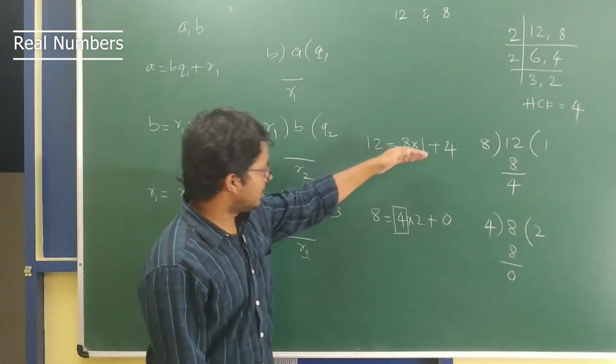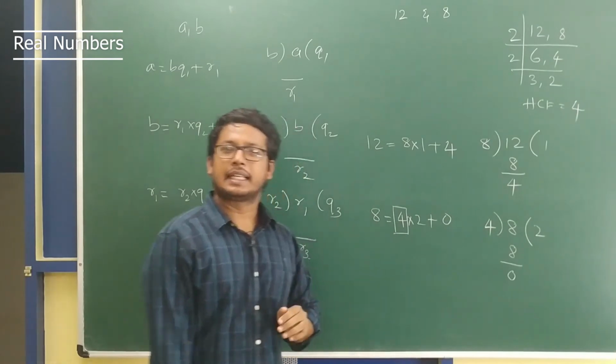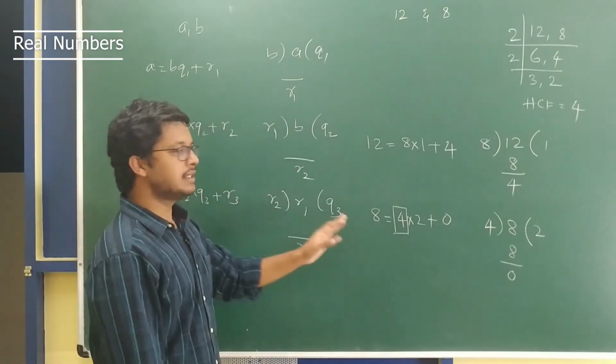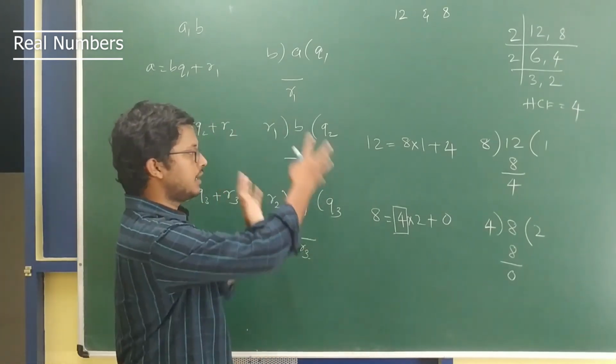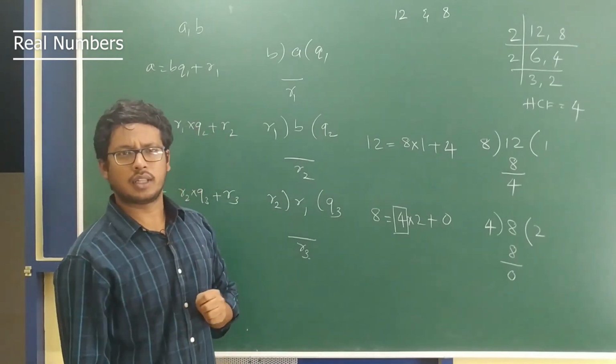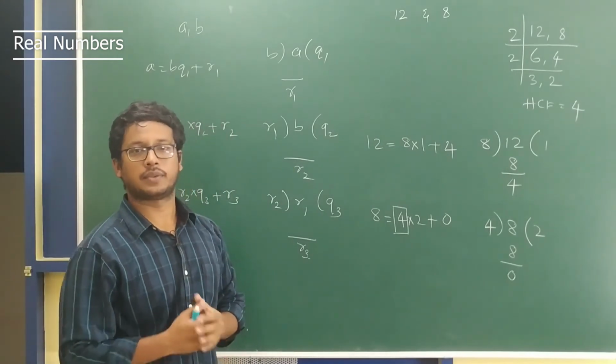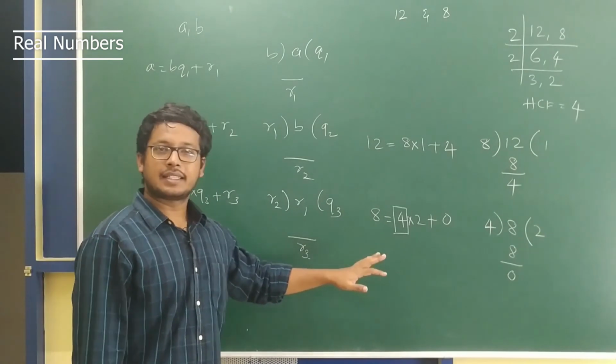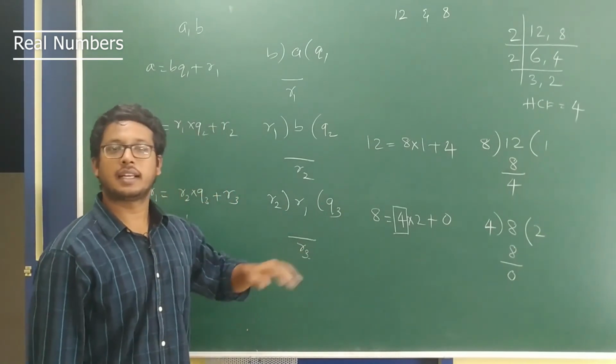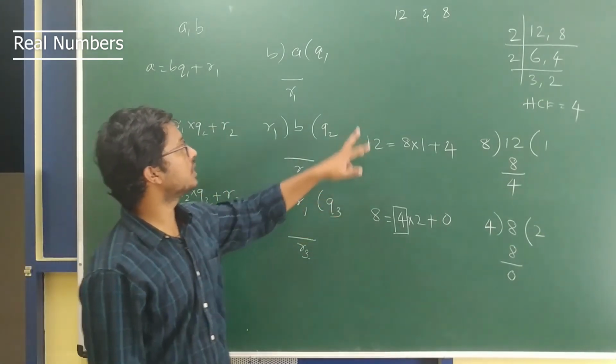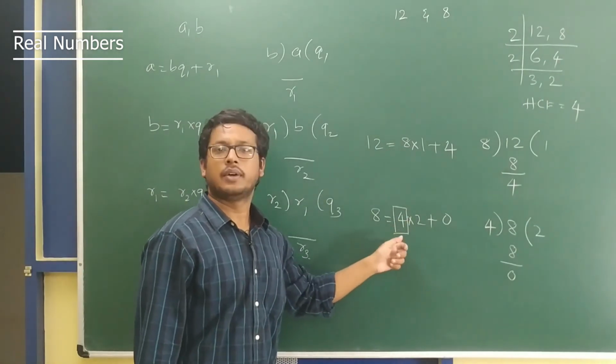Writing this step every time is a little tedious. So I'll show you an easier way to solve this one. It's like a neat tree, and we will solve that one, and that is a much easier way to find this one. Alright. So what did we understand here? We understood that HCF can now be found using Euclid's division lemma very quickly.